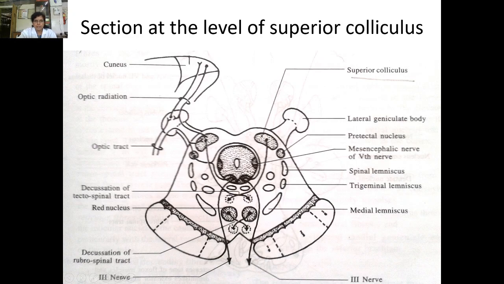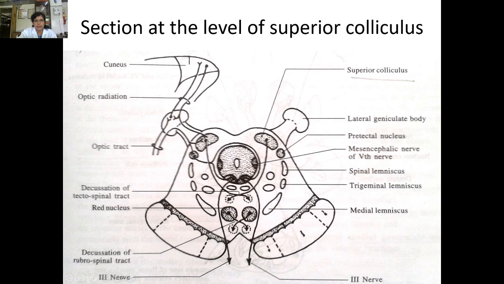Then dorsal to this ventral tegmental decussation there is the red nucleus. We will see this later on. Now dorsal to this red nucleus there is the dorsal tegmental decussation. Now you know this dorsal tegmental decussation is formed by the